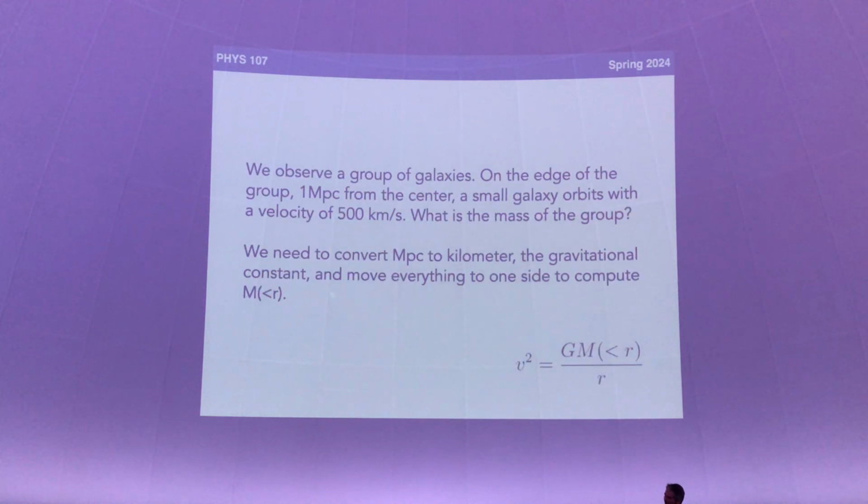So if I know that, I can then observe a group of galaxies. On the edge of the group, 1 megaparsec from the center, a small galaxy orbits with a velocity of 500